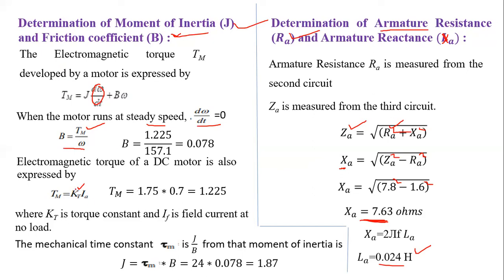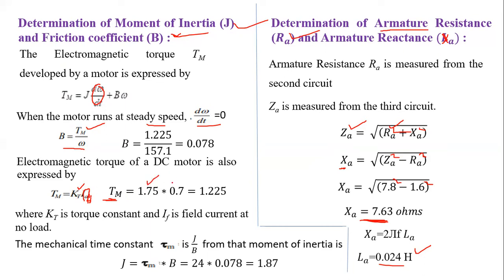But in our case, here we are changing the armature current and finding the characteristics. So we are assuming this one as IF. So KT into the field current will give the Tm, the torque developed by the motor. KT is already the back EMF constant we calculated from the graph, which is equal to the torque constant. So that is 1.75 into field current.